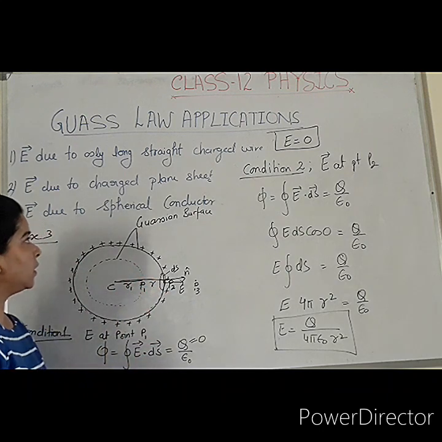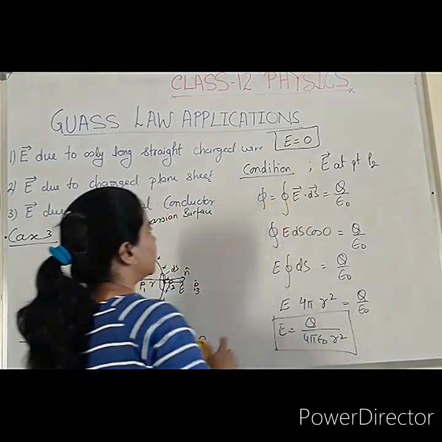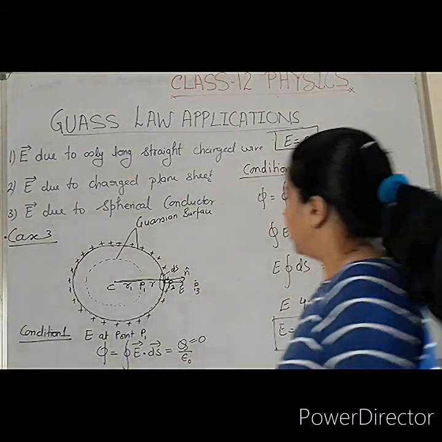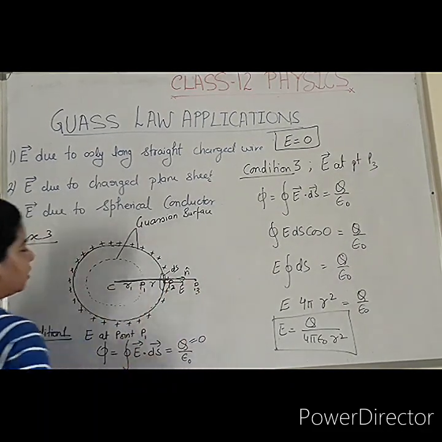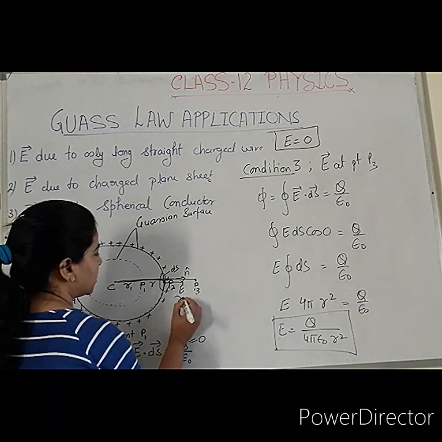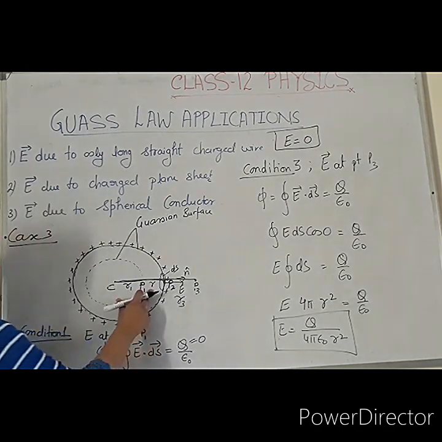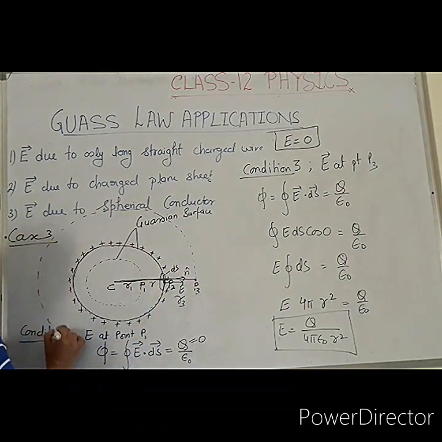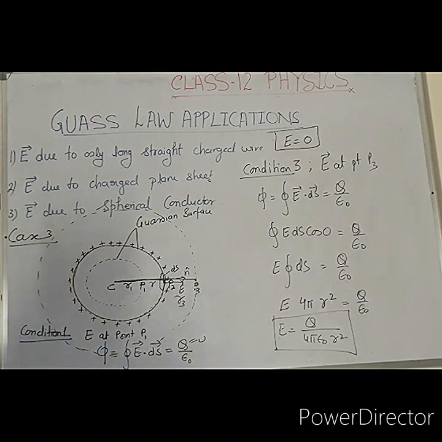Okay. Now take condition number 3, the electric field at point P3. So P3 is the outside point. Again we will take the distance of C from the point P3. Let this distance be R3. So R1 and R3 are the two cases, and the middle case is R. So we will take one Gaussian surface corresponding to this radius, covering the spherical charged body. Okay, this is a Gaussian surface.